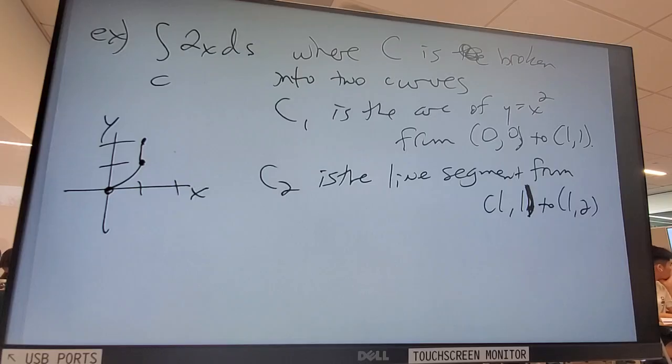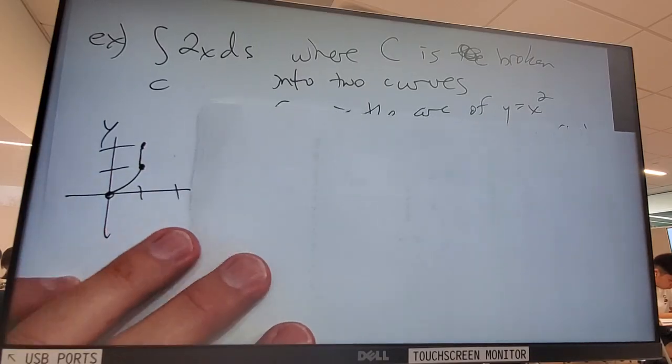Do you guys remember what it means to parameterize something? Yes, so I could say, and there's no reason I need to, let x equal sine t. And then what would y be? Sine squared t, yes. And then I have to figure out what makes it go between these two points. Are you at all with me? Okay, I'm not going to do it. Don't even write this down. Why am I even saying this?